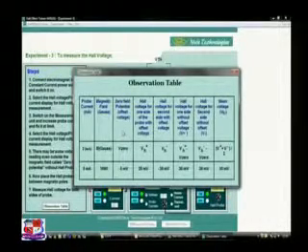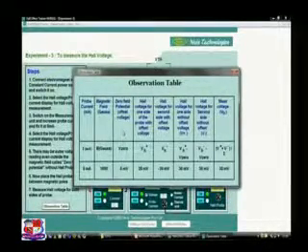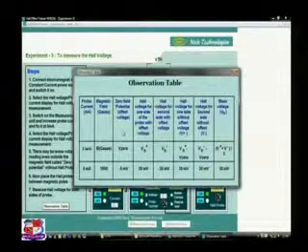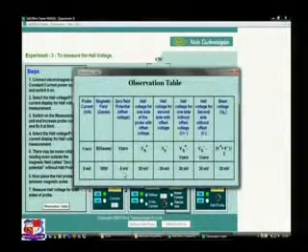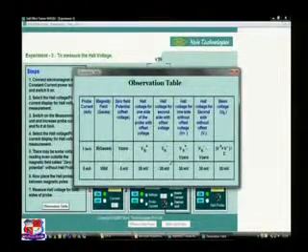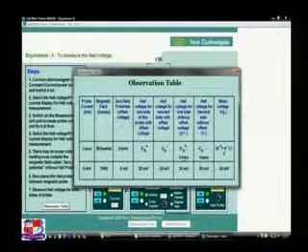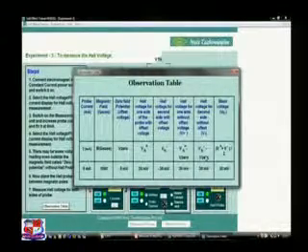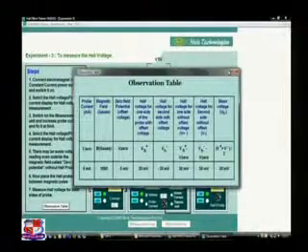Now what is zero field potential? Zero field potential is the offset voltage. It is the residual voltage without providing any magnetic field, and that is V0, that is minus 5 millivolt. Here the Hall voltage for one side of the probe, probe facing left hand side and probe facing right hand side, can be measured differently, and by subtracting V0 from these we can have two values, VH plus and VH minus, and by getting the average of V plus and V minus we can have the mean Hall voltage, right?